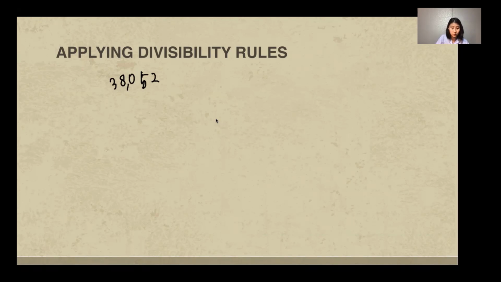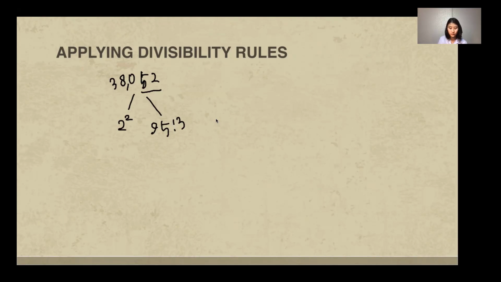We'll try to factorize this number, and we can first see it by looking at the last two digits. The last two digits, 52, are divisible by 4. So with this divisibility rule of a multiple of 4, we can write the number 38,052 as 2 to the power of 2, which is 4, and